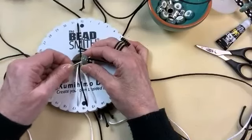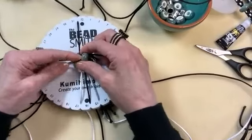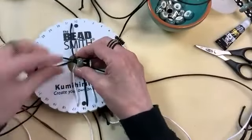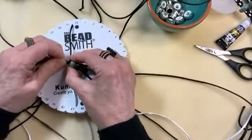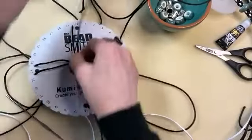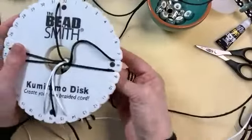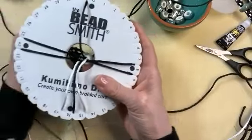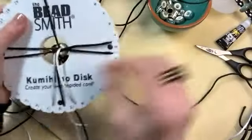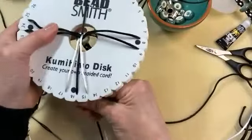Get the crochet hook through. Hook that new cord. Okay, pull it through till you can grab it with your fingers. There we go. And this one went back over here. Now we're going to adjust our work, pulling on these so that this sits back in the middle, pulling nice